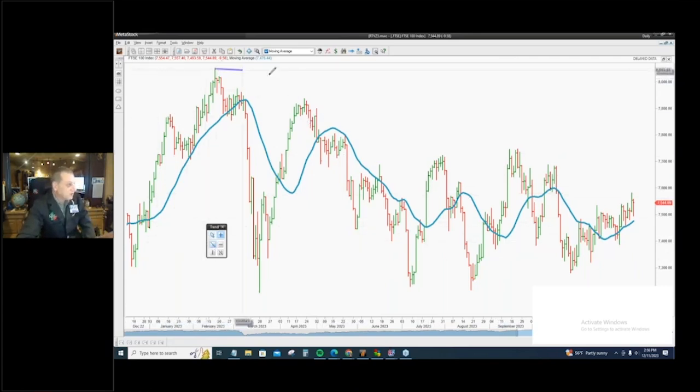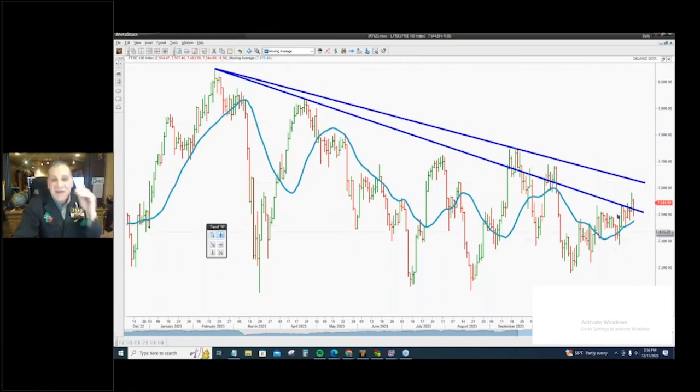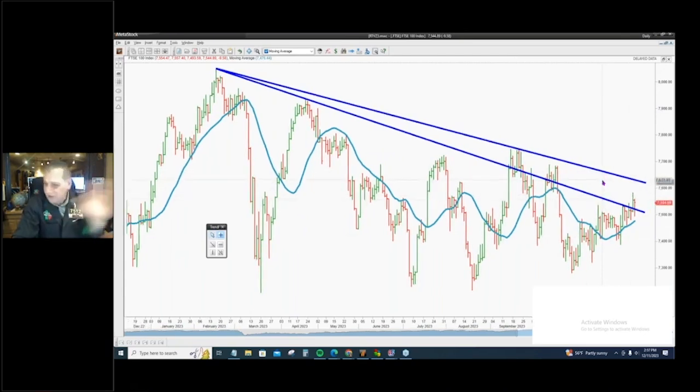Let's get simple, simple. If we just connect the highs, in fact, I like connecting that high to this high and pulling through there. That's the first high that took place. Then I would literally just do another one and pull it above these highs. And it's a guaranteed lock that Wall Street has these two lines in there. It's a guaranteed lock because they're looking at the highs and the next high. They're extending out